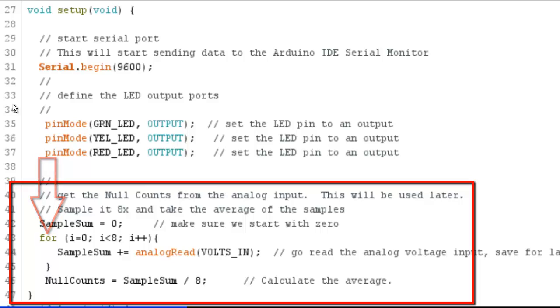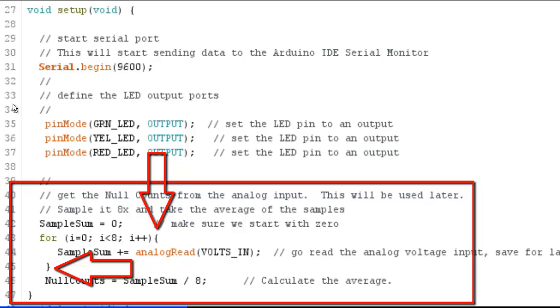And what the for loop does, it says start with I equal to 0, and as long as I is less than 8, increment through this loop, and we will increment I 1 at a time every time we pass through the loop. So we'll start at the upper curly bracket, execute everything down to the ending curly bracket,